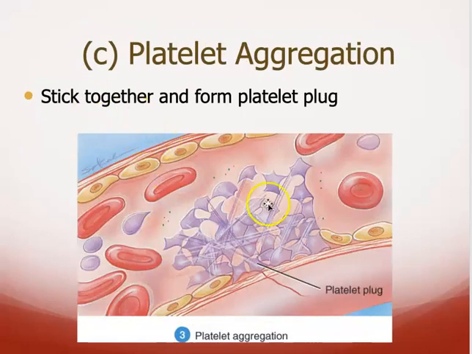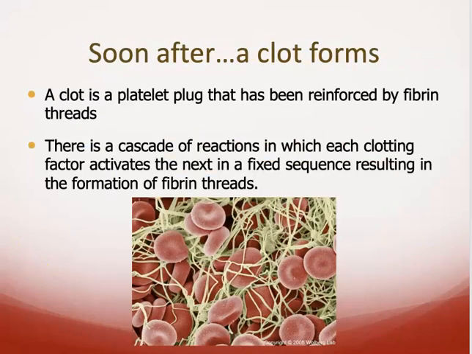And so they stick together. As this continues, they will stick together and then form a nice plug, and that prevents any more loss. So soon after that, a clot will form. A clot is simply a platelet plug that has been reinforced by fibrin threads, and that's what you see in this image. These are red blood cells that are now being trapped by these greenish yellow